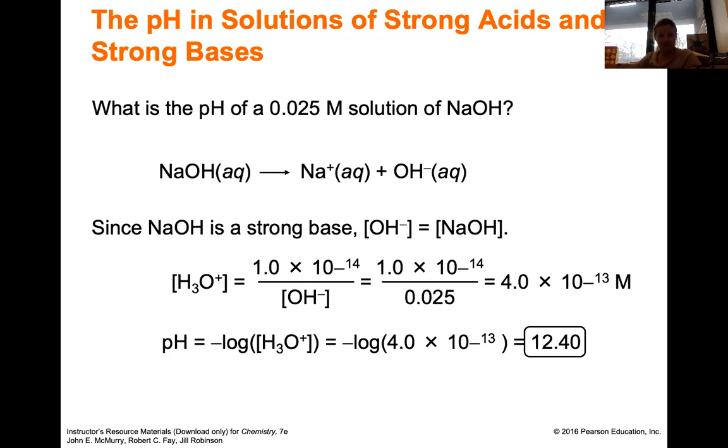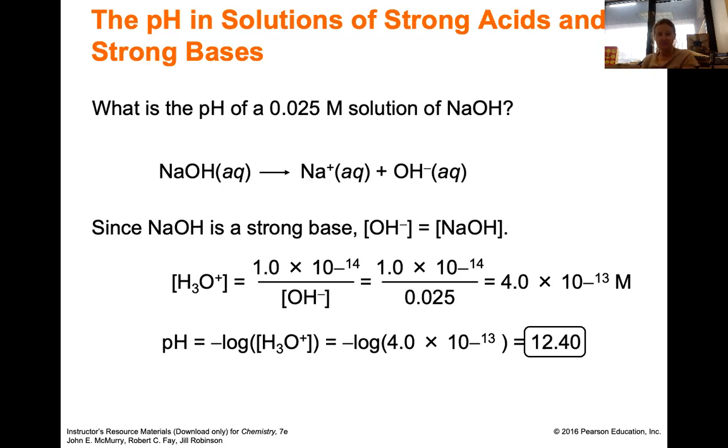So what's the pH if you have the same concentration, but it's a strong base? With a strong base, something like sodium hydroxide, we also draw a one-way arrow. It's the same thing as saying sodium hydroxide completely dissolves in water, and every sodium hydroxide that you put in will become an OH minus anion. So the concentration of OH minus will be equal to the concentration of sodium hydroxide that you put into the